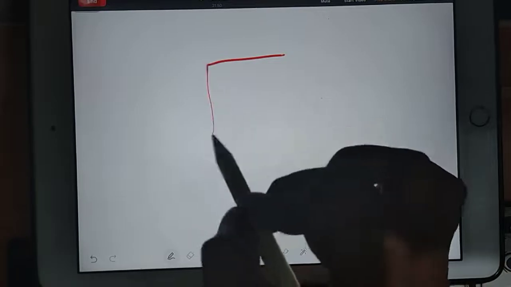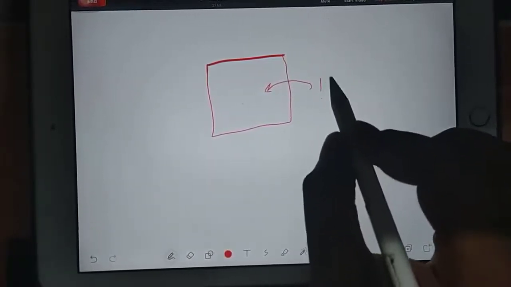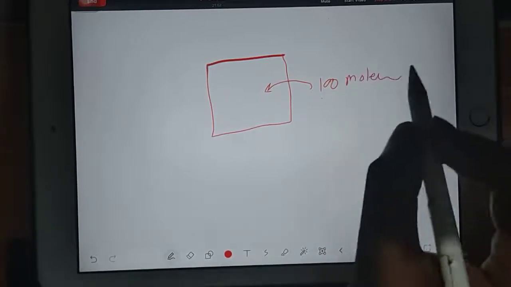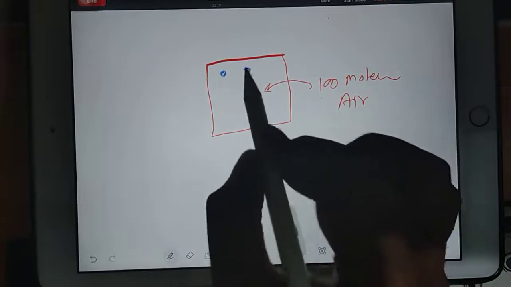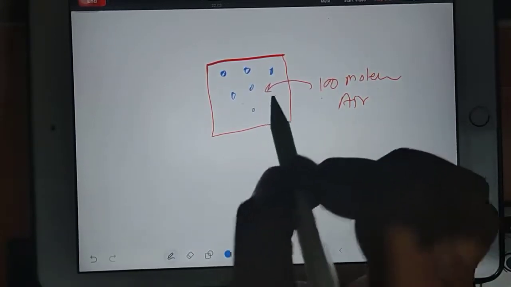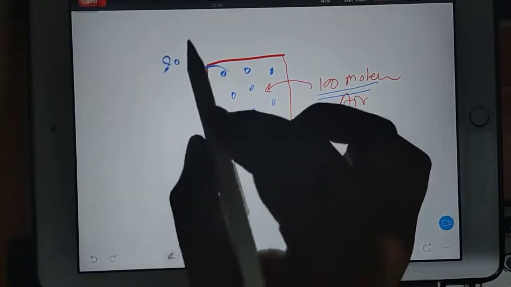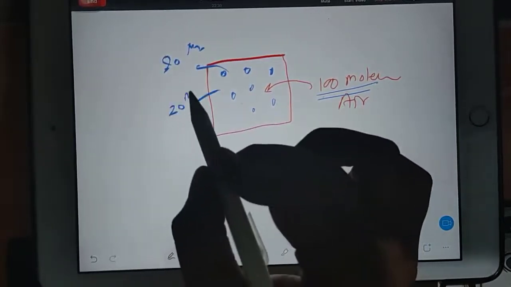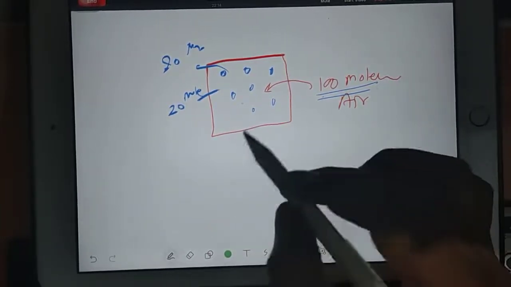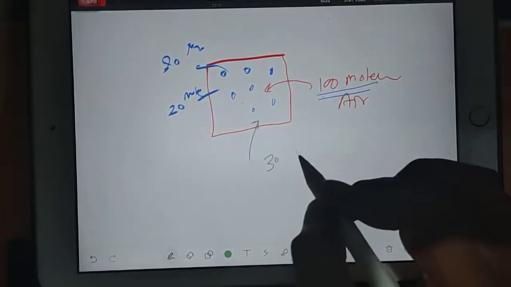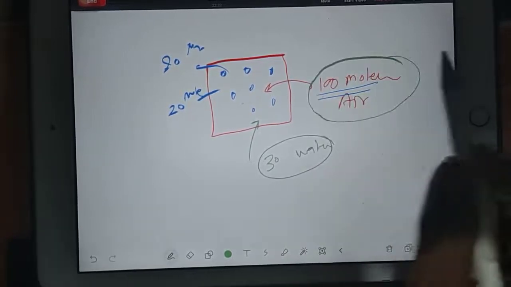See, actually if I am giving you some zone, in this zone suppose you are imagining that 100 molecules will stay, and I am considering 100 molecules of air will stay. So actually what is air? Because I am saying 100 molecules, around 80 molecules will be nitrogen and around 20 molecules will be oxygen. But imagine if I add some 30 molecules of water, then in this 100 molecules of air,